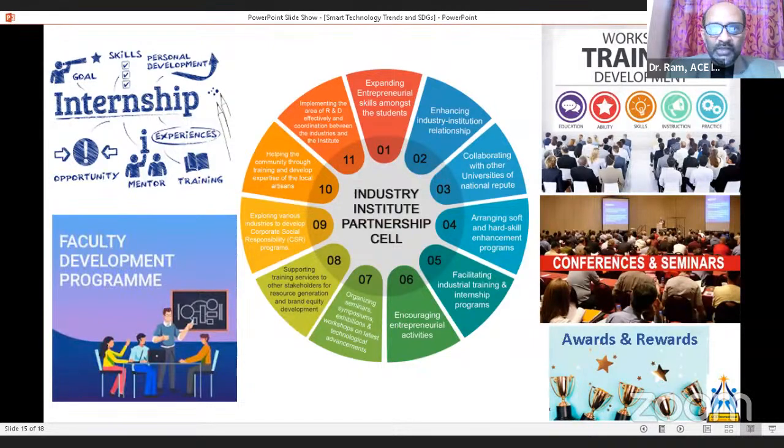Internship opportunities we are also providing. That is a great aspect for students when they are studying at the student level. It is very good for them to adapt and apply the learning skills in future jobs. And we are providing workforce workshops and conducting training and conferences, these kinds of online and offline seminars. We are very much eager.